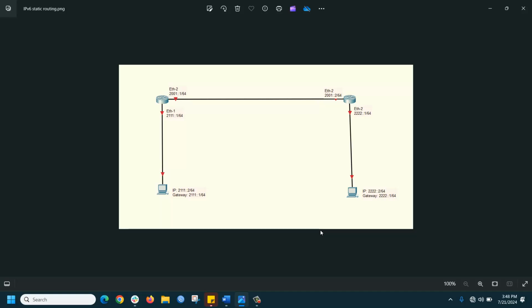Hello everyone, today we are going to explain how to configure static routing using IP version 6 addresses. In this picture, there are two routers, both IP version 6 enabled, and we will start from scratch. We will assign IP version 6 addresses, then we will configure static routing, then we will try to reach